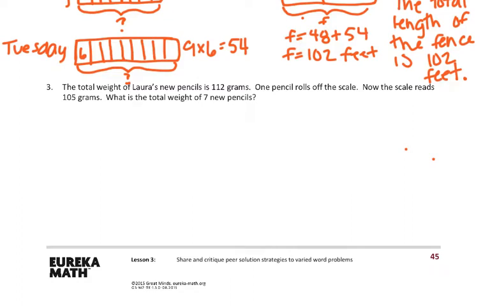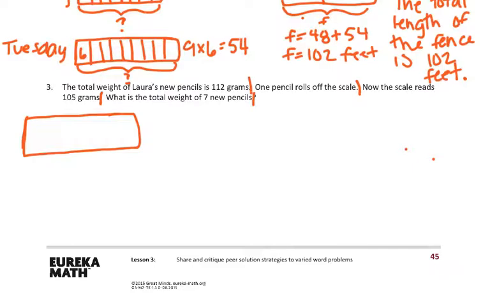The total weight of Laura's new pencils is 112 grams. One pencil rolls off the scale. Now the scale reads 105 grams. What is the total weight of 7 new pencils? So, when you're looking at this, first, we have to figure out how much one pencil weighs. When we do this, we